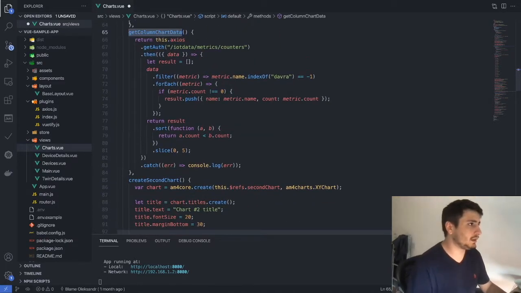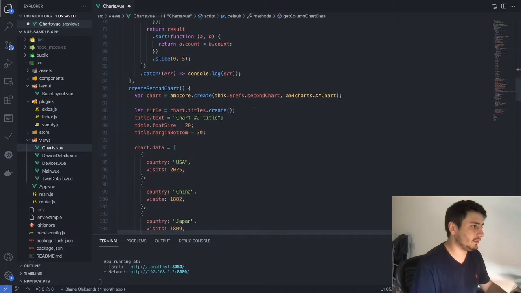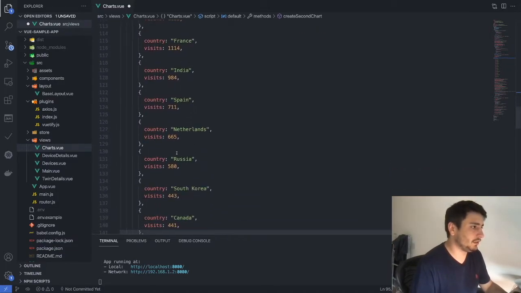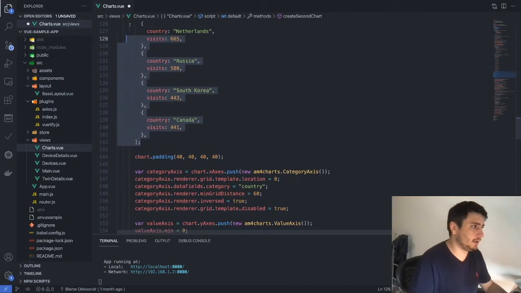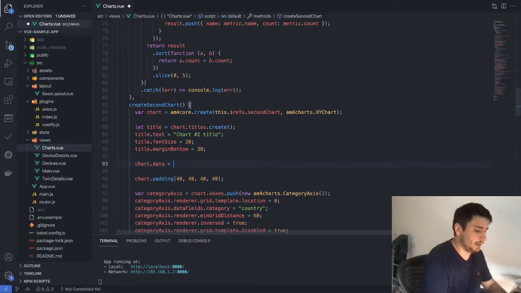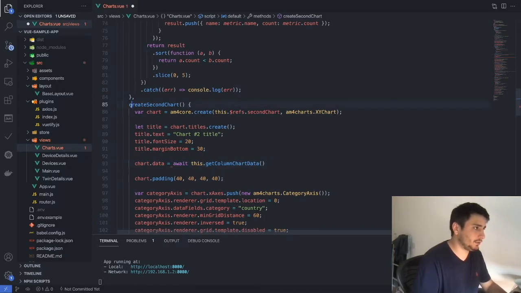So what I'll do here is copy that function. Same story here: the data, we want to replace it. This was static data, so I'm just going to move this away, and in its place put this dot get column chart data. We'll make this await, and this function will be asynchronous. Okay,